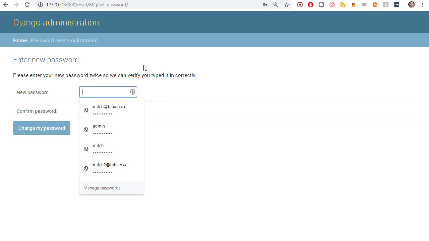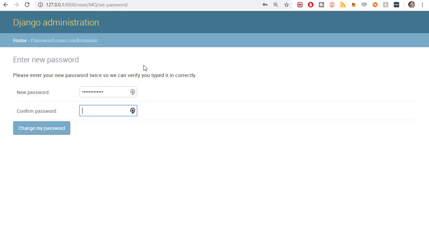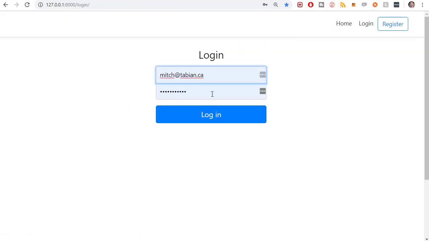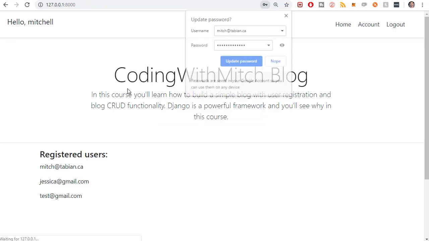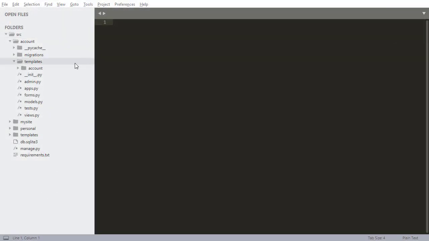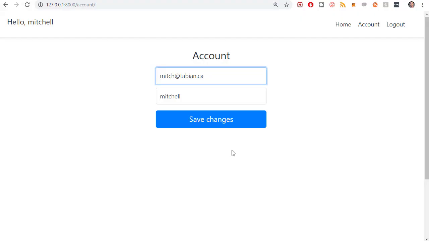So I can type a new password and see what happens. It says your password has been reset. You may go ahead and sign in now, and then try to sign in with that new password. There we go. Works just like it's supposed to. Whoops, one more thing I forgot to do is inside of account, we need a way to get to the password reset form and also the password change form. So in the account screen, we want a link down here that says change password, and also on the login